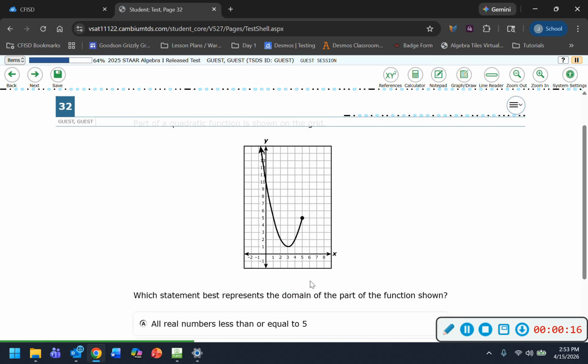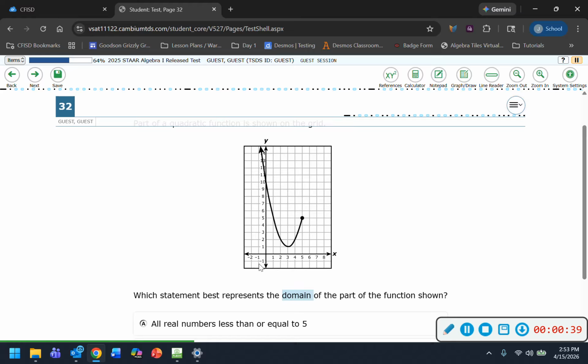I like to usually think about it as what is the smallest x, or what is the smallest y, and what is the largest x, or what is the largest y, depending on whether I'm looking at domain or range. In this case, we're looking at domain, so we're looking at the x's. So I'm going to be thinking, what is the smallest x value possible, and what's the largest x value possible